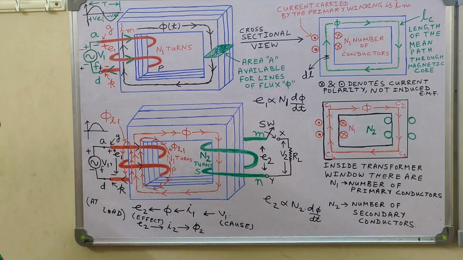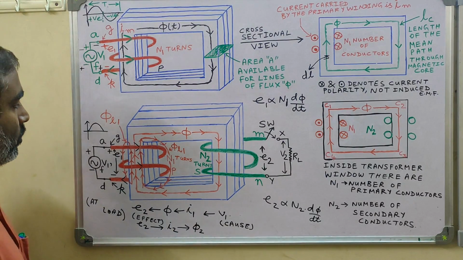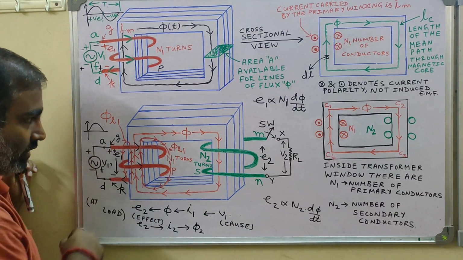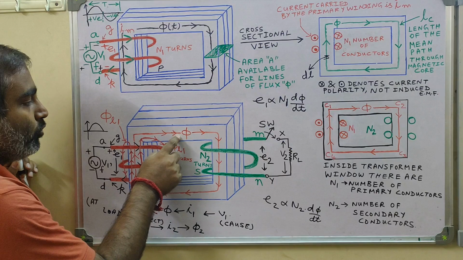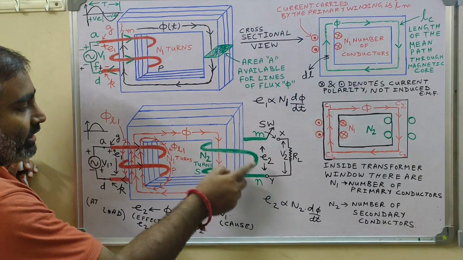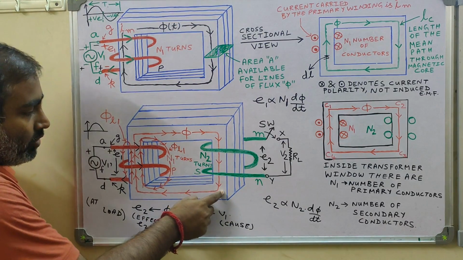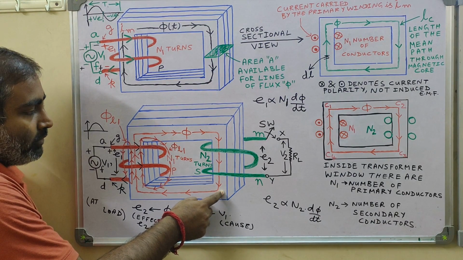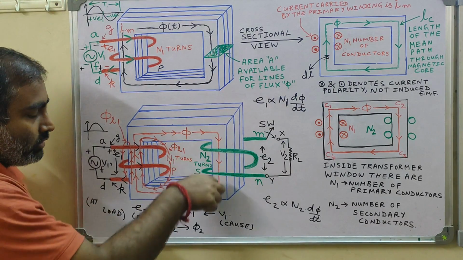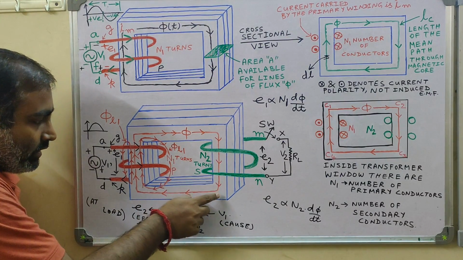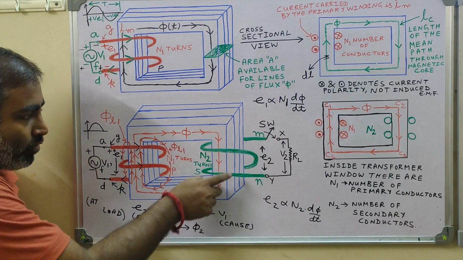So what you have to do, you have to just follow two simple procedures. First step is that you first be very much clear and sure what is the direction of the mutual flux in the transformer limb where the secondary coil is wound. So this is the transformer limb where the secondary coil is wound. So what is the direction of the mutual flux in the limb where the secondary coil is wound? It is downwards. We can see here that the direction of the mutual flux is downwards in that limb around which the secondary coil is wound.